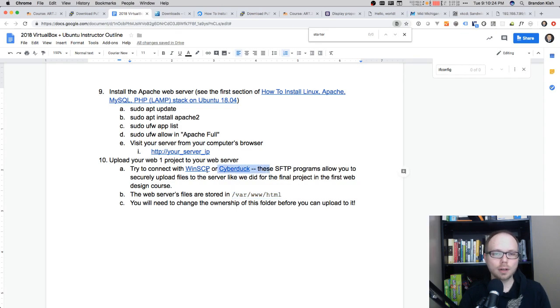Oh yeah, so right here, in step 10 here, connect with CyberDuck or WinSCP. I think I have CyberDuck on here. If I open up CyberDuck,